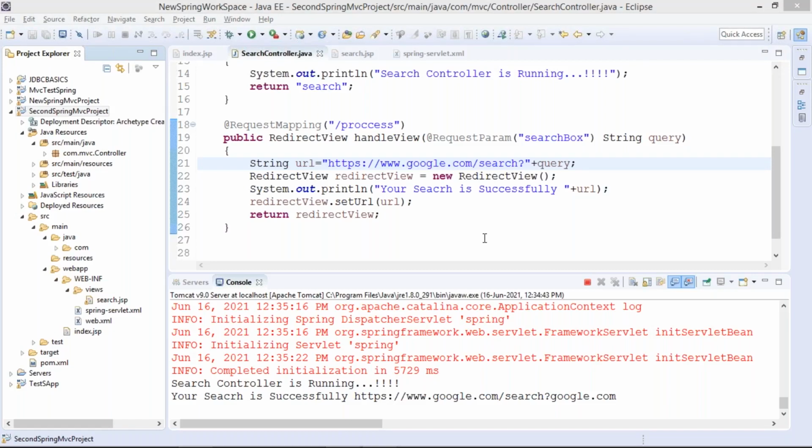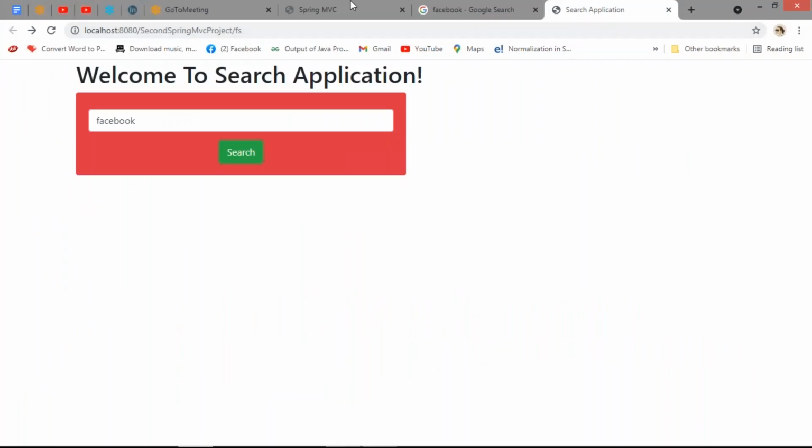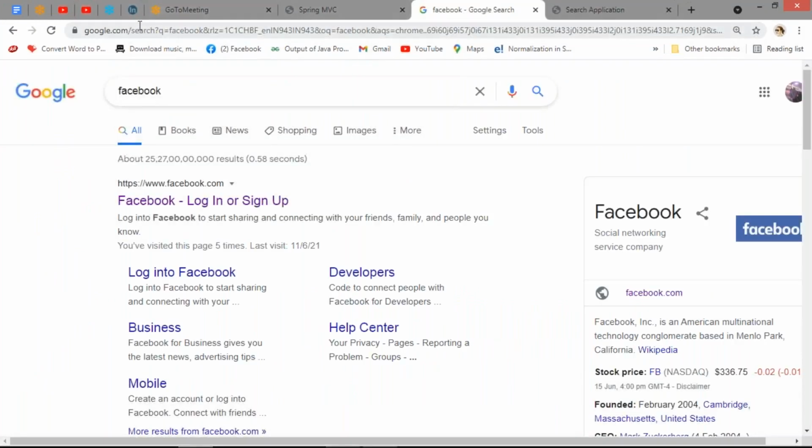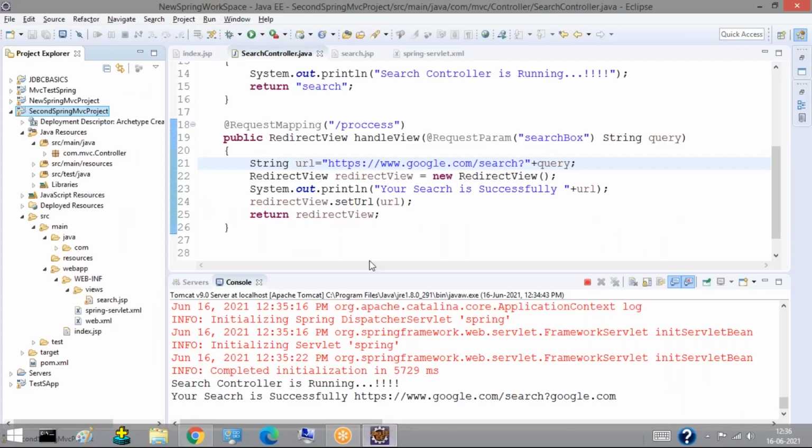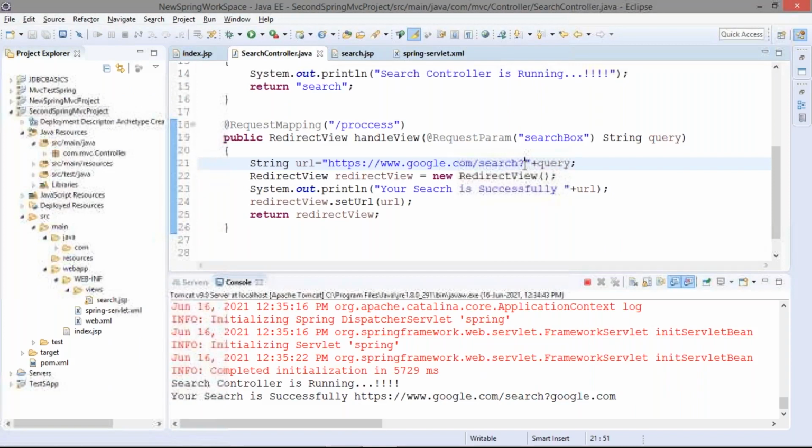Okay. So guys, one thing we missed, right? Yes, one thing we have missed. We will get the query. So this query is nothing but, you can see, guys, if I copy this, this is your search, question mark is there. After that, we have to use q, and then we have to pass the query. We have to use q keyword, and then we have to pass the query. So after that, we will use q equals to,